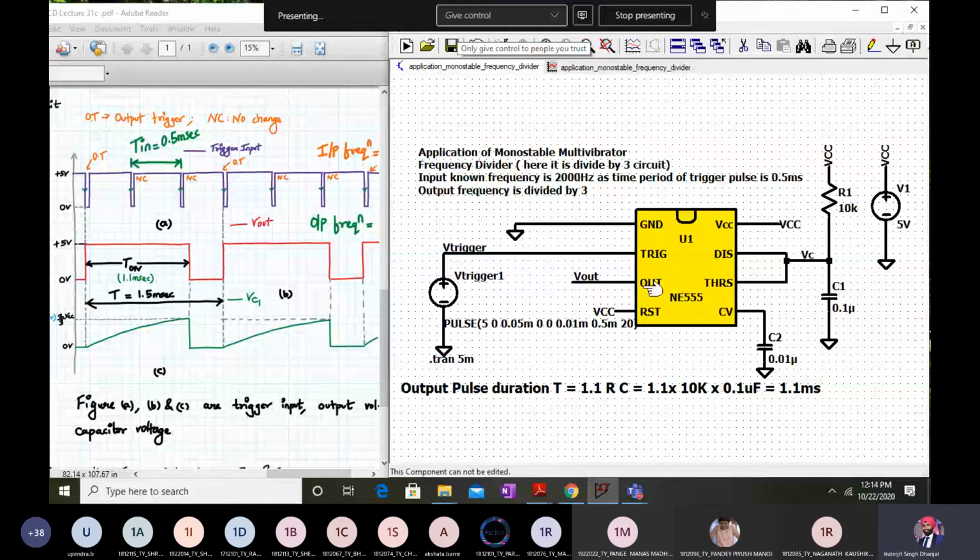It's not that you have to do only this. You can do frequency divided by 10 also. So it's up to you. You can play around with these numbers. You can set different numbers, and that's the design aspect on your part. You can select the input frequency as, let's say, 10 kilohertz, and you divide it into 10 parts. So your output frequency should be 1 kilohertz. You have to design it in such a manner. Any doubts before I proceed to the next topic?